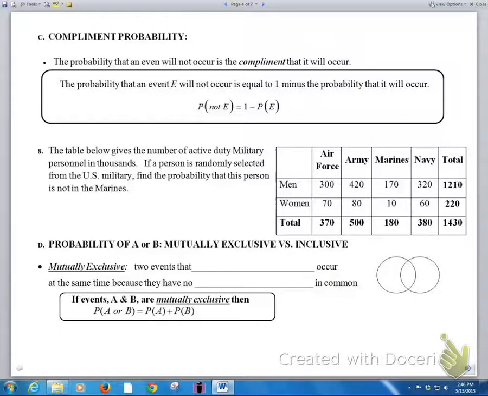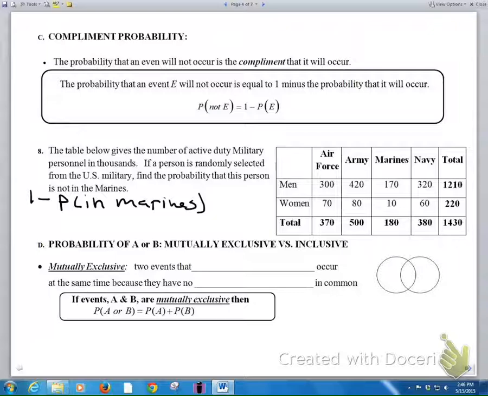So this table gives the number of active duty military personnel in thousands. If a person is randomly selected from the U.S. military, find the probability that this person is not in the Marines. So you want them to not be in the Marines. So what we could do would be 1 minus the probability of being in the Marines. So the probability of being in the Marines